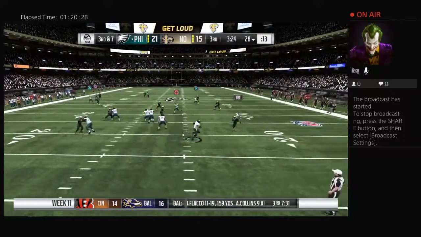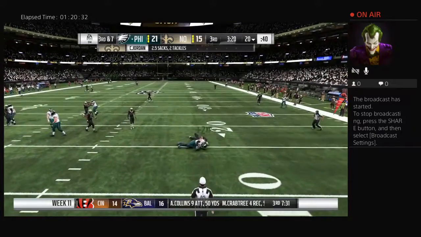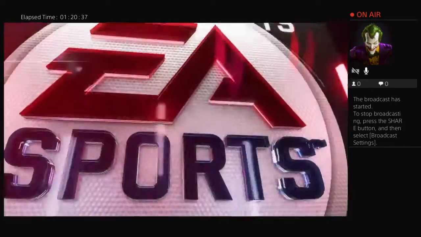They'll drop to throw. Flushed out right. And he's taken down here by the Saints. Yeah, Cameron Jordan. He's the one to get him, and that's...